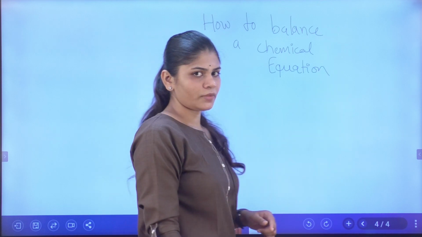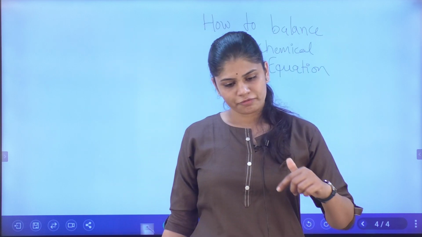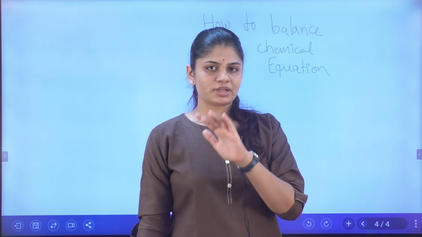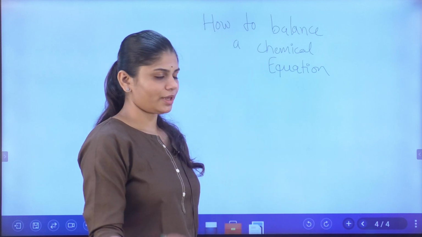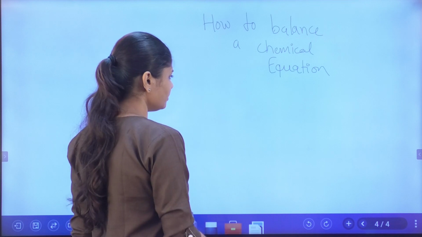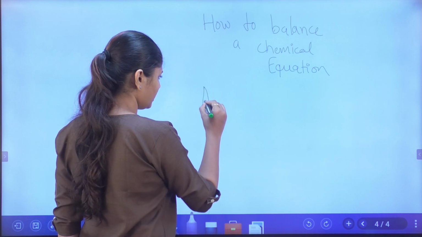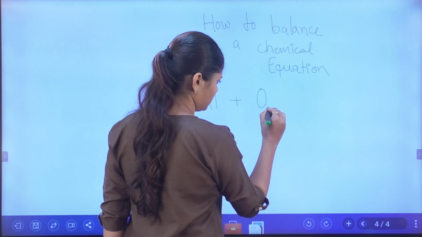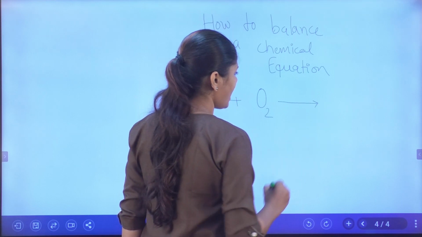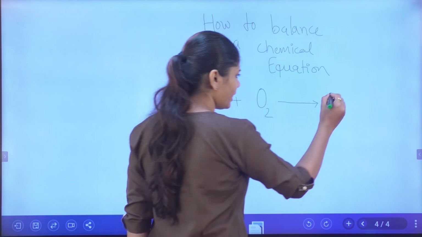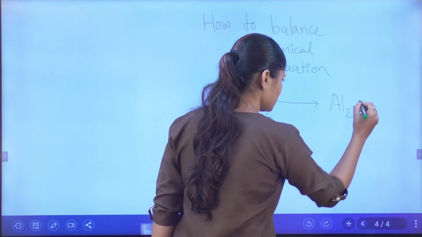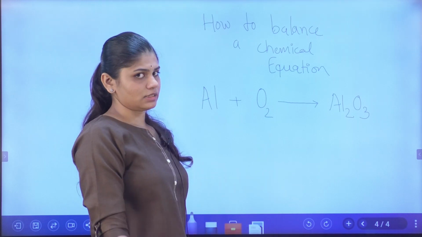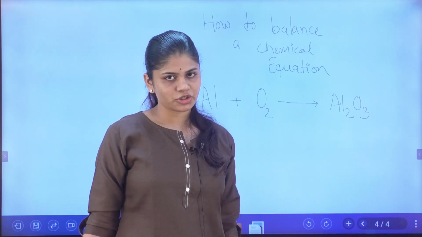Fine. Okay, so we will start from the very basic and go to the very complex one. Let's start from the basic again. I am taking another example of aluminium. I am taking aluminium and getting it reacted with oxygen, and it gives rise to Al2O3, aluminium oxide. Now I need to balance this. This is the unbalanced equation I am writing over here.